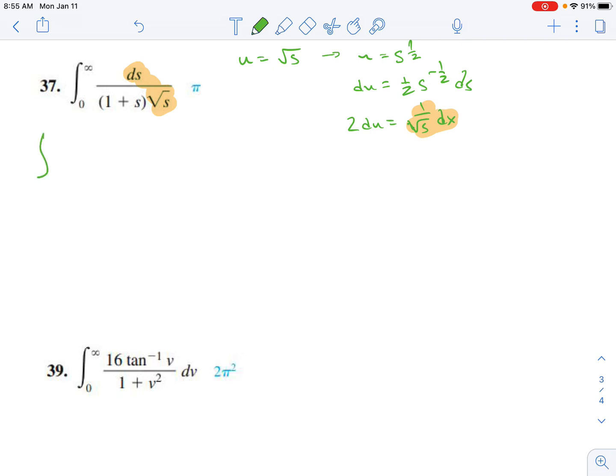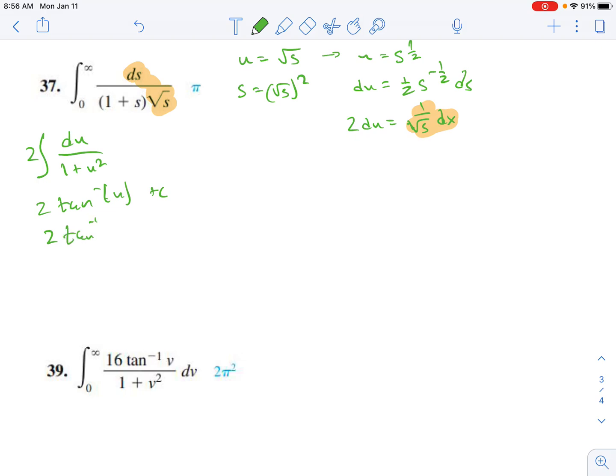So I have the integral of 2 du over 1 plus, and then like I said, this is u squared because s equals the square root of s squared. All right, take the antiderivative of that. That's pretty easy. That's just 2 times the inverse tangent of u, and of course plus c, but I can ignore the plus c since I'm going to put bounds back on it,